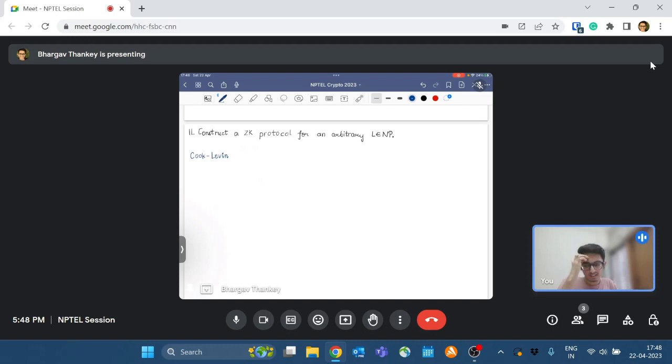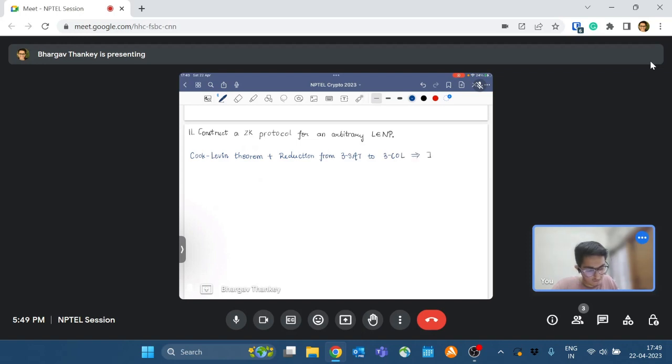So by using the Cook-Levin theorem and that reduction from 3SAT to 3-colorable,